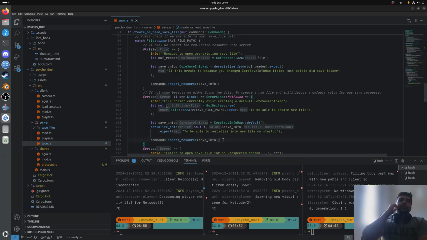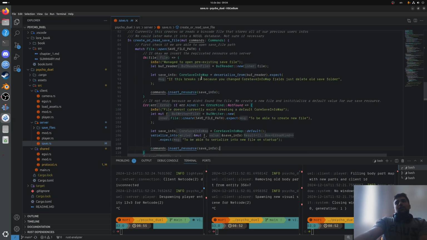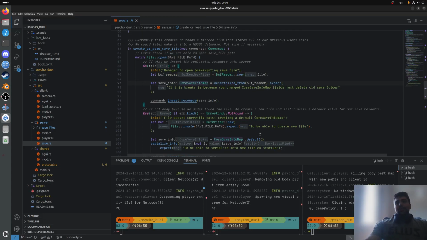I just did it like this to avoid the annoying no file existent error, because every time this guy changes, you need to actually create a new save file. That's something that's really important that you guys understand. So every time this guy changes, you need to create a new save file. That's something important you guys know about because if you're going to